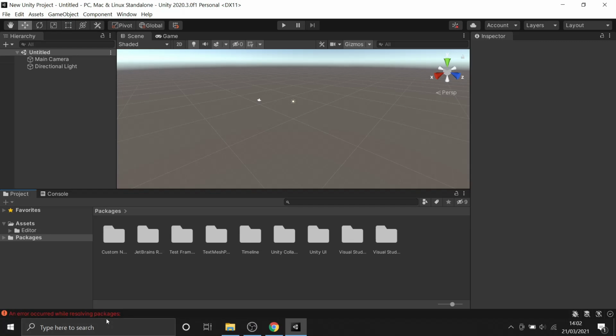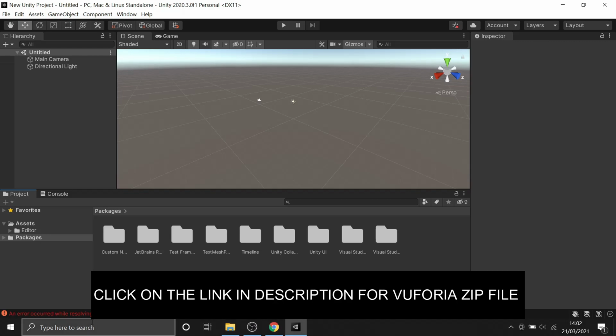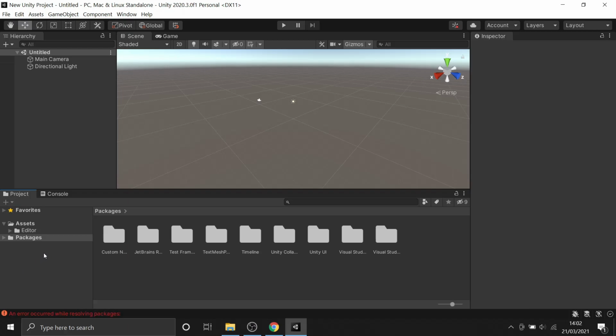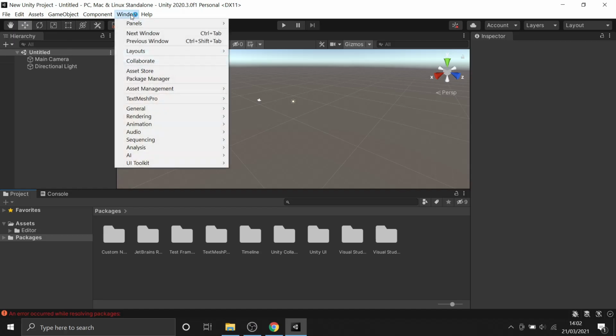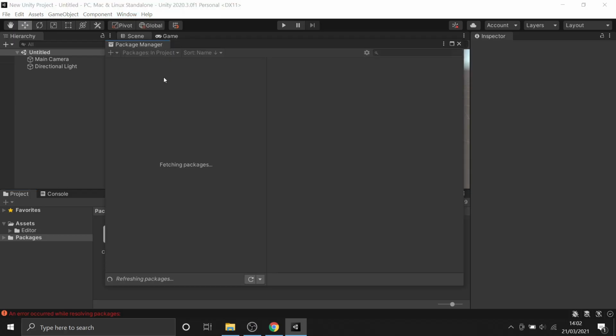All you need to do is, I will put a link below of a zip file. You need to download that zip file on your system, extract it to a particular folder, and then I'll show you what the next steps are. So what you need to do now is just click on Window. After downloading the package, click on Window, go to Package Manager,